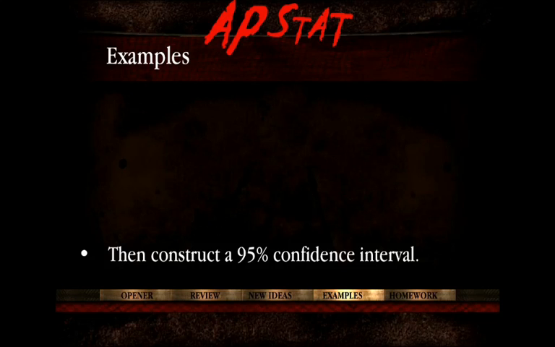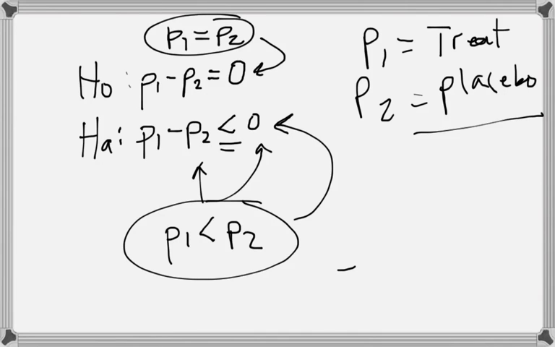Can you construct the 95% confidence interval for this? Here's something really interesting. Go directly to your 2-PropZInt and don't type anything in. Look at your data. It's already there. Your calculator has a memory for X1, N1, X2, N2. So if you want the 2-PropZInt, go down and create your 95% confidence interval. It's really nice that it's already there. And so you should get negative 0.025, comma, negative